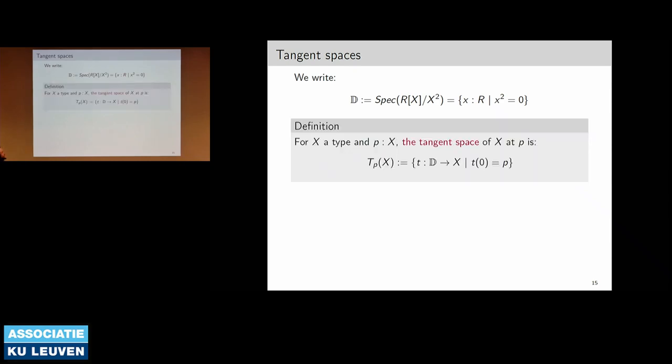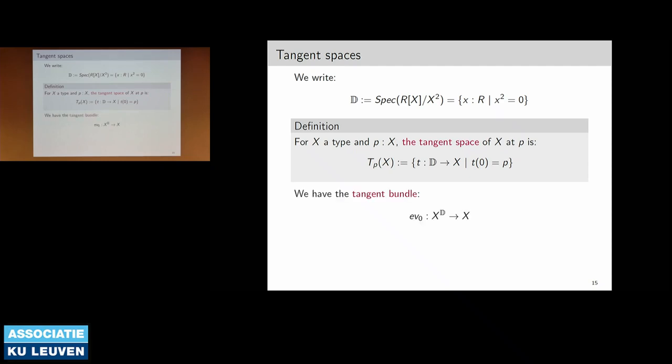And so using this scheme, given any scheme X and point P in X, you can define the tangent space of X at this point simply as maps from D to X which send 0 to P. And so such a map has to send the infinitesimal information around 0 in D to some infinitesimal information around P in X. And this is actually a tangent vector, by definition.